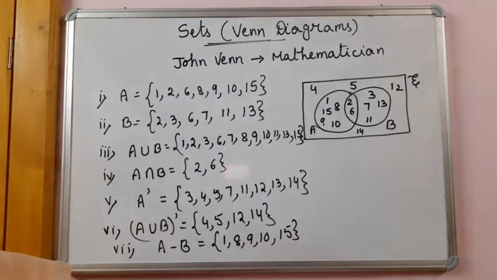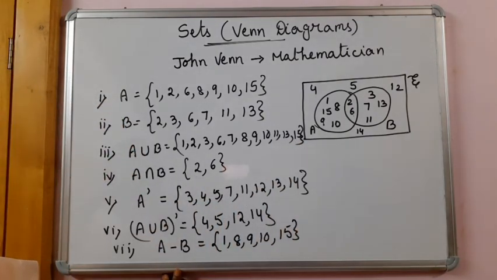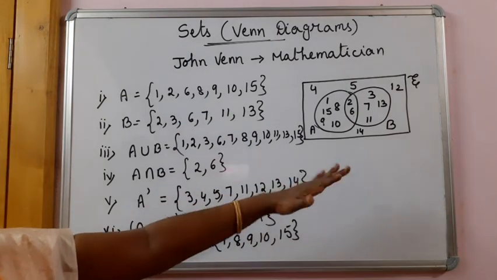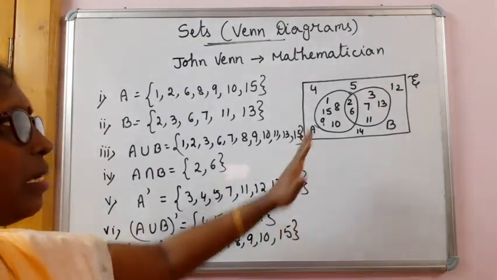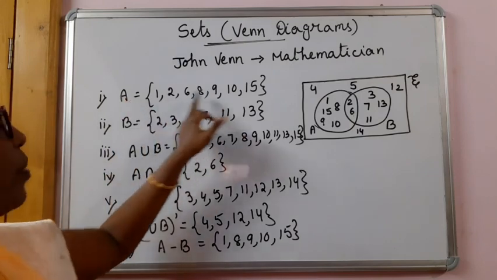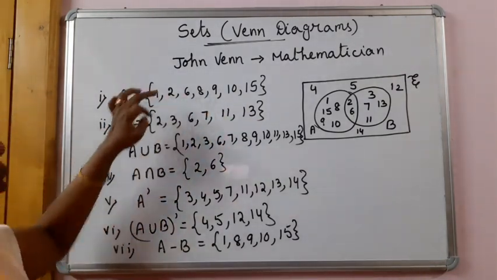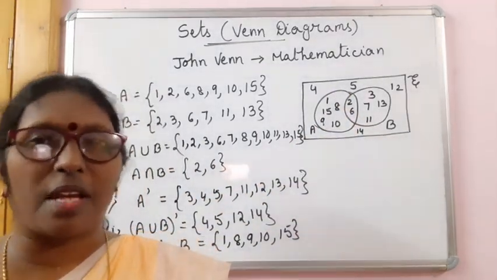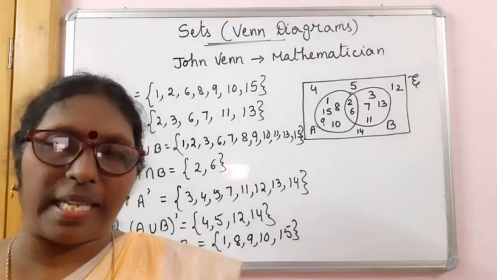So this is how, if the Venn diagram is given to you, you have to represent the sets. Suppose the sets are given to you, you can represent the Venn diagram in the same way. You will draw the rectangle for the universal set, and circles or ovals for the sets. If A is given, within A you will write its elements; if B is given, you will see what is common. First the common elements you will write. Like that you have to draw the figure. By practice you will be able to do it easily.